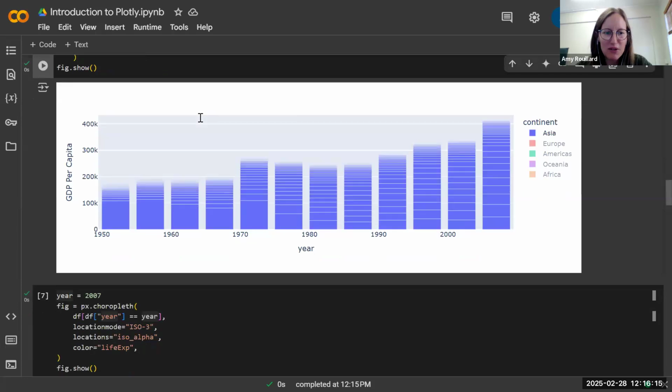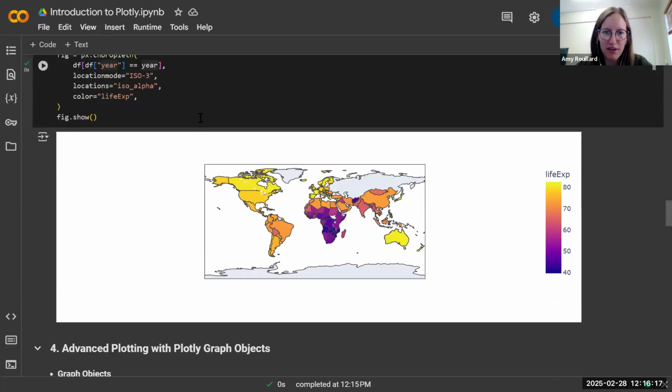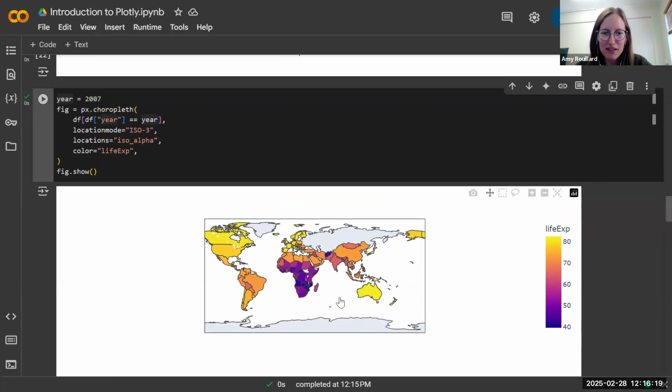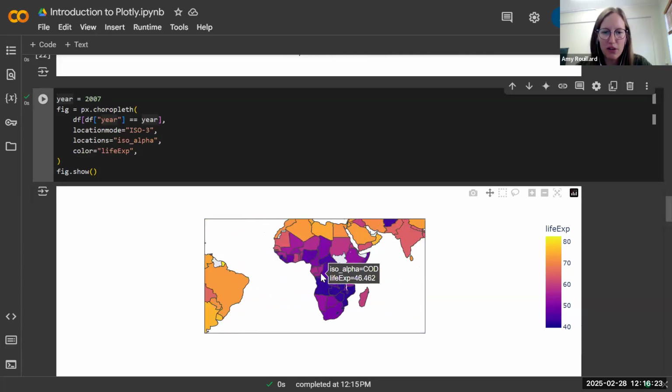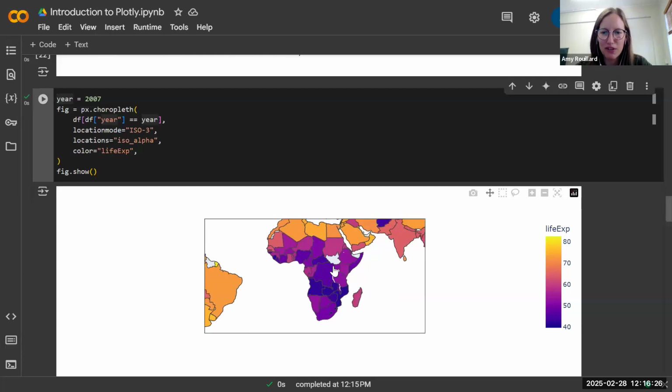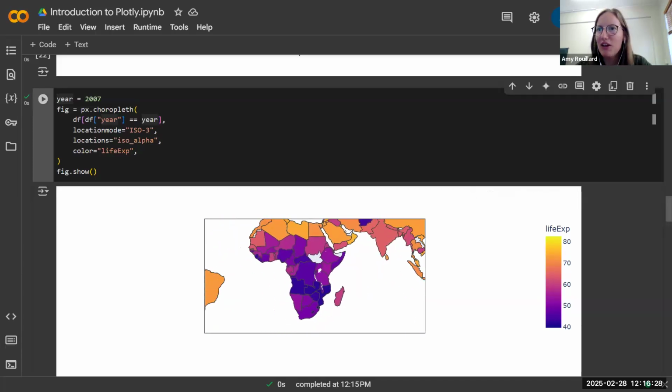Okay, so let's move on now to the choropleth. So I really love these. I think they're so cool, and you can scroll, you can zoom in on them, you can do all kinds of nice stuff. So let's see some of the customization we can do here. So I think first of all,